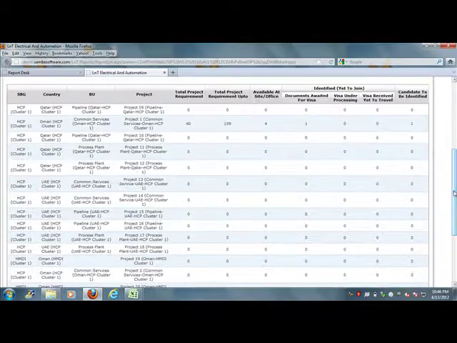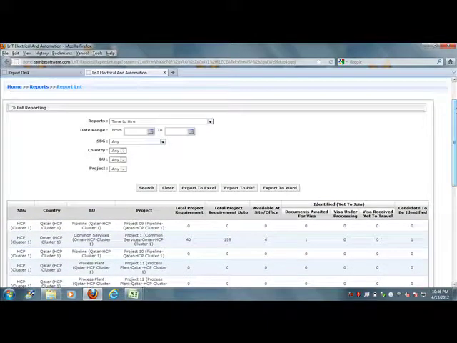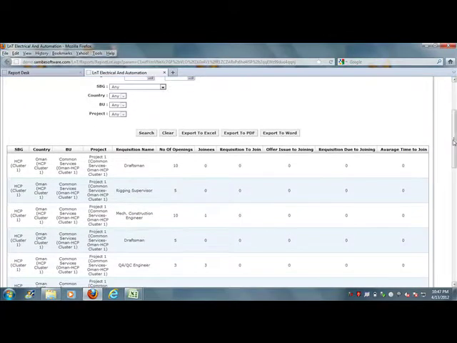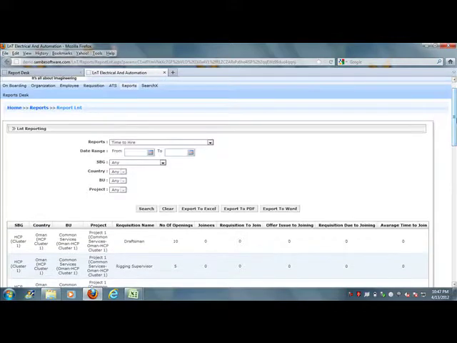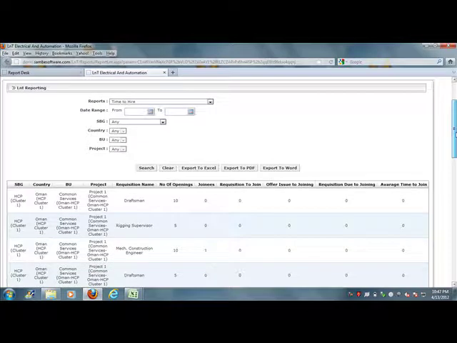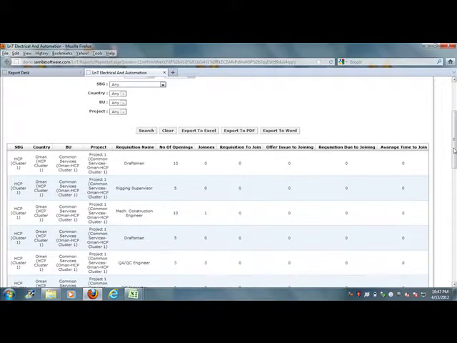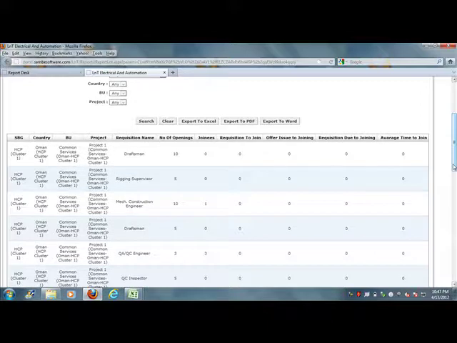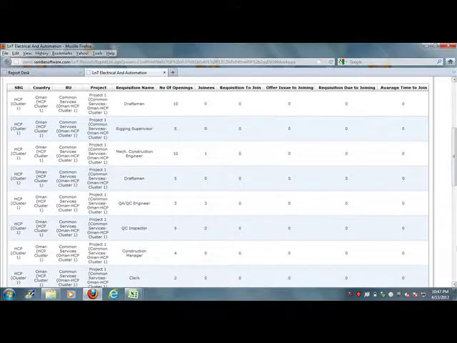Time to hire report. You can see that the time to hire report is the process from creating a requisition till the offer letter generating, till the process of onboarding started and ending, and the average duration to join a candidate for a particular period.